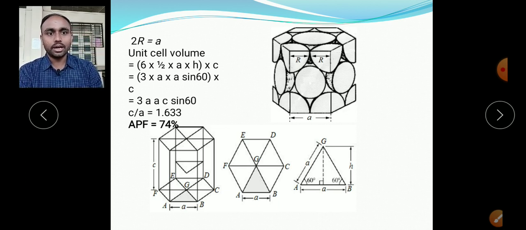So to find that, if I consider this unit cell and I want to find its volume, let us talk about the area of the base multiplied by the height. How to find the volume of a cylinder? If it is exactly cylindrical, then calculate the area of the bottom. Since the bottom is circular in nature, the area is pi r square, and multiplying it by the length of the cylinder, that will be the volume of the cylinder.